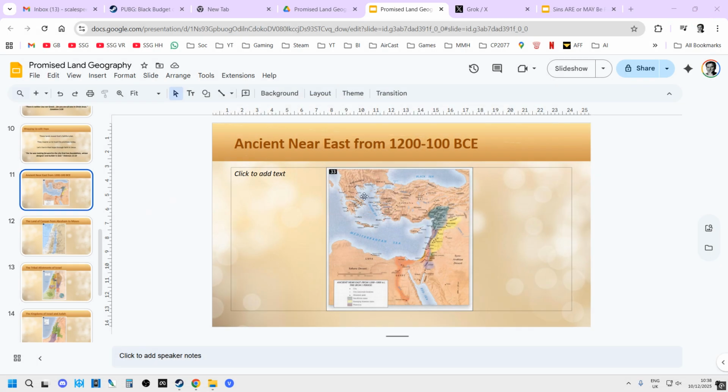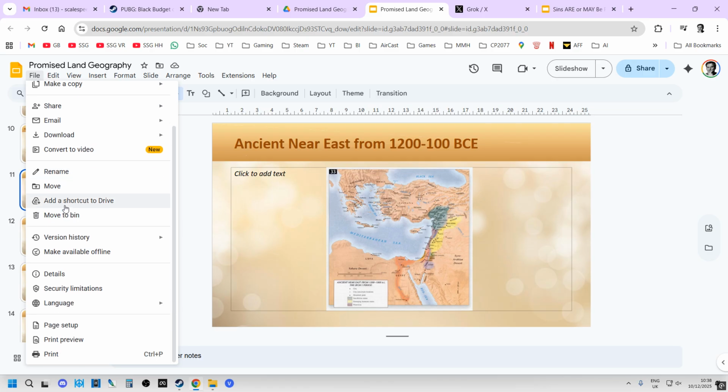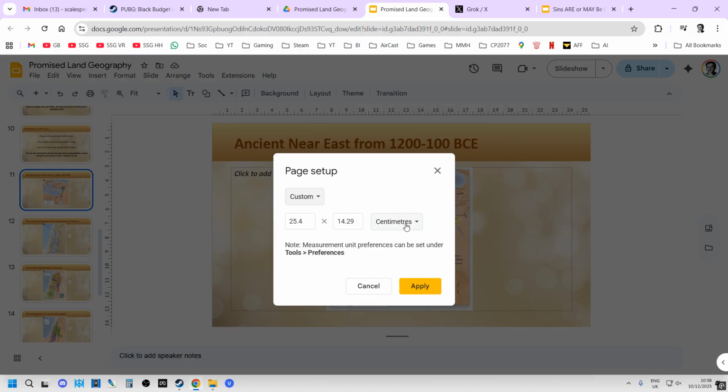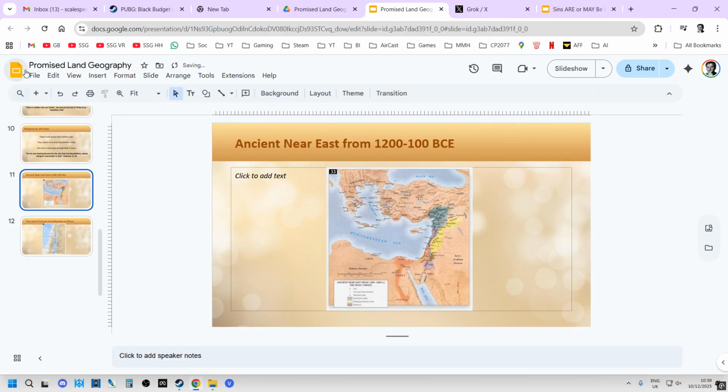So how do you increase the resolution? Well, what you want to do is go to File, then Page Setup, and then where it says Widescreen, you want to go to Custom. And then what you want to do is change the pixels. So go to something like 1920 by 1080. As you can see, before I change it, the resolution is really, really low. But if we go to 1920 by 1080, sort of standard HD, and we apply that, then if I go